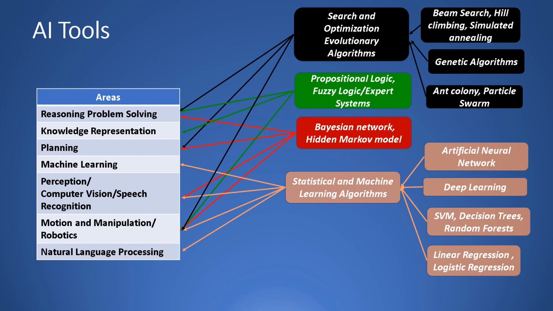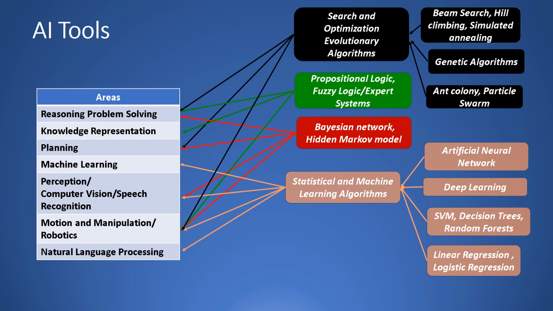For example, if a robot has to find a particular path, there is a search space for it to find an optimal path to reach from a source to the destination. Now, if you look at knowledge representation, problem solving and reasoning, you can also have propositional logic based systems, you can have fuzzy logic, you can have expert systems for these